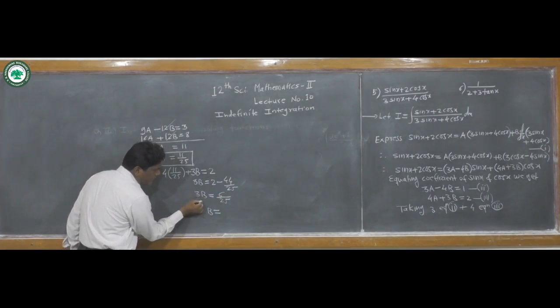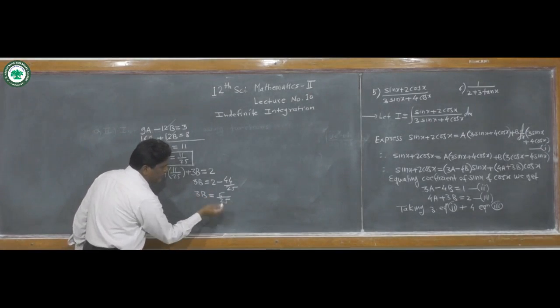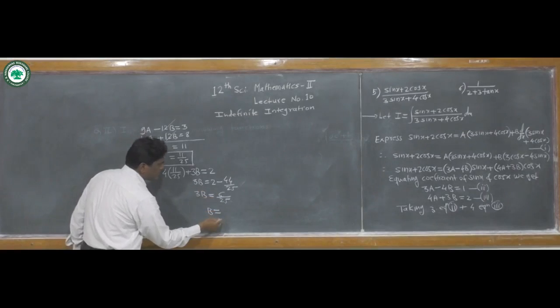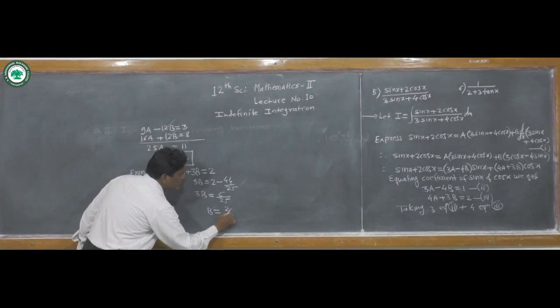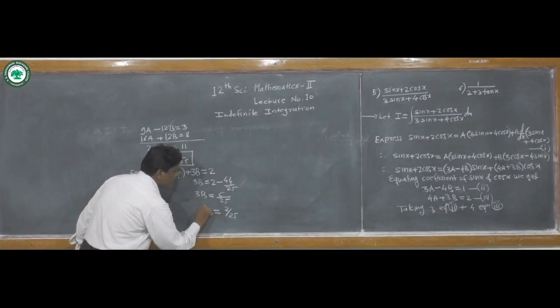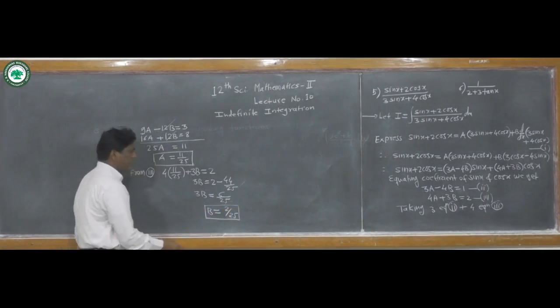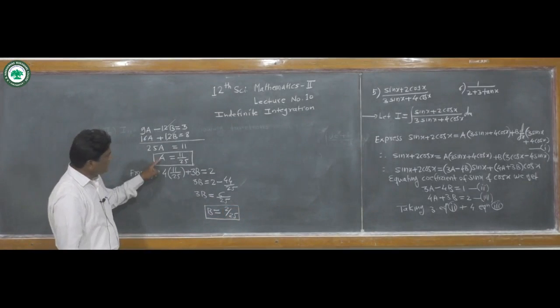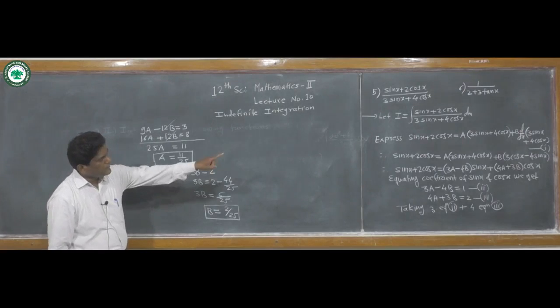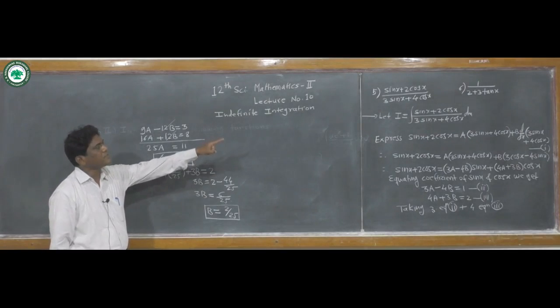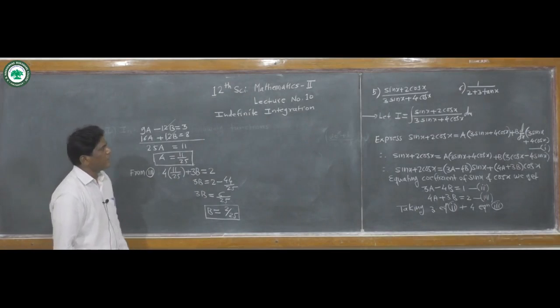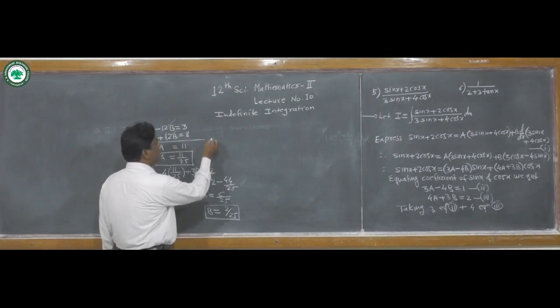When we carry the 3, here it is in the denominator, and 3 to the 6, so b is 2 upon 25. In this way we get a and b. And now here we put the values of a and b in equation 1 and then we solve the given integral I. And therefore the required integral I becomes